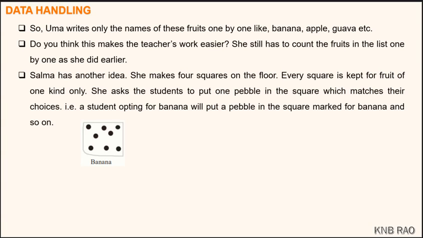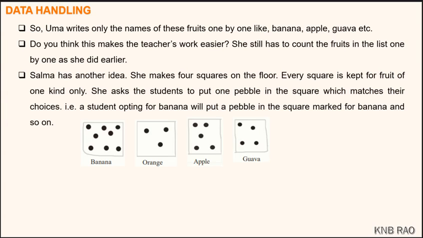bananas are counted. She asked the students to put one pebble in the square which makes their choice. That is, a student opting for banana will put a pebble in the square marked for banana and so on. Now children, suppose this square box containing bananas could be seen, and let us say orange is seen now, where orange box contains 3 pebbles, apple box contains 5 pebbles,